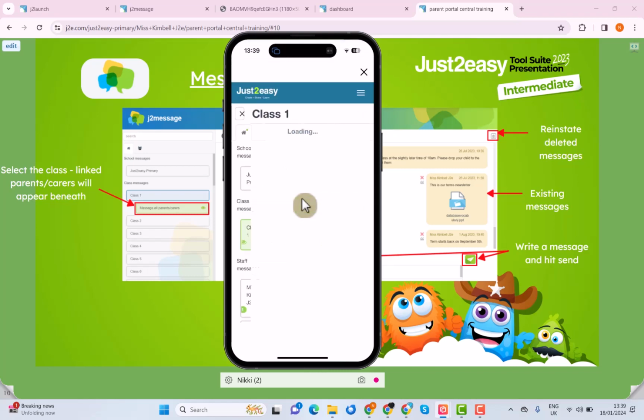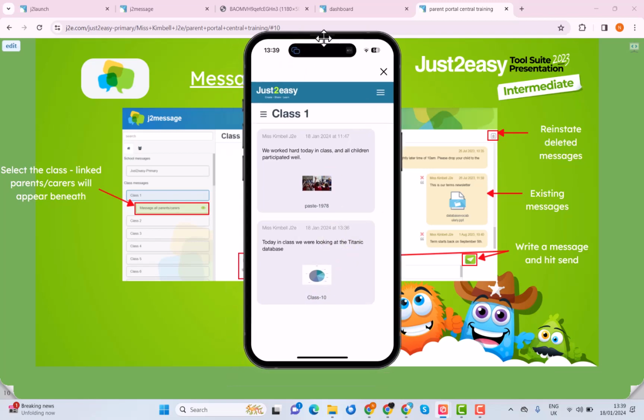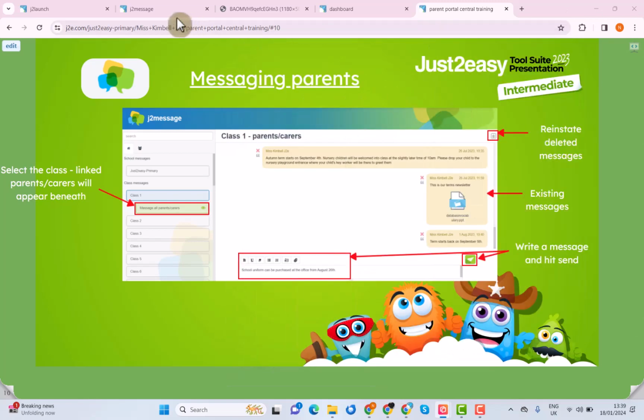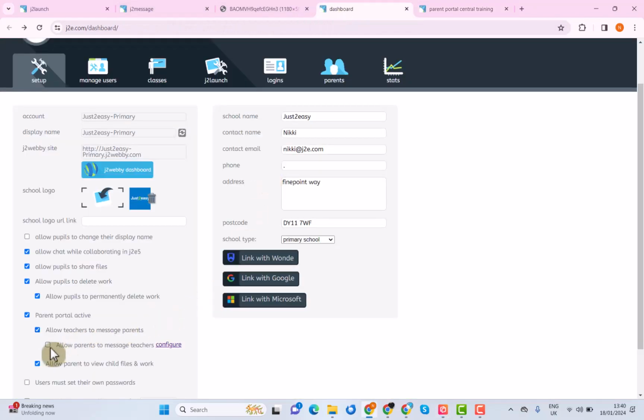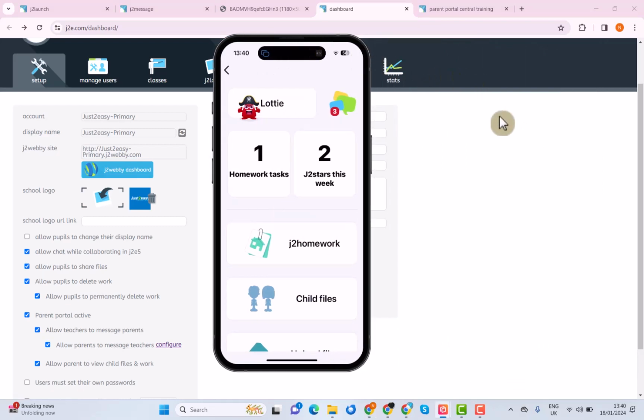The other thing you'll notice is there is no reply option here. So this is a one-way messaging service at the moment, so parents can't message back. Now, I'm just going to move this out of the way, just to show you how it looks in a slightly different way. So if I go back to my dashboard, if I now allow parents to message, and if I just bring my app back, if I go to my messages